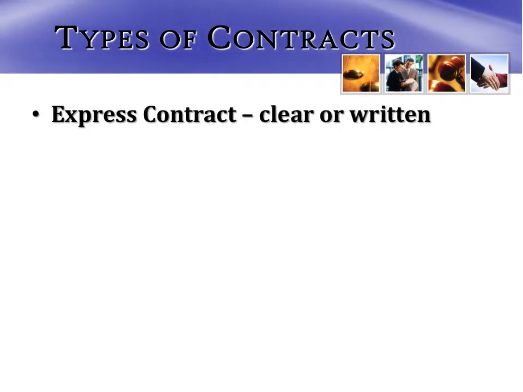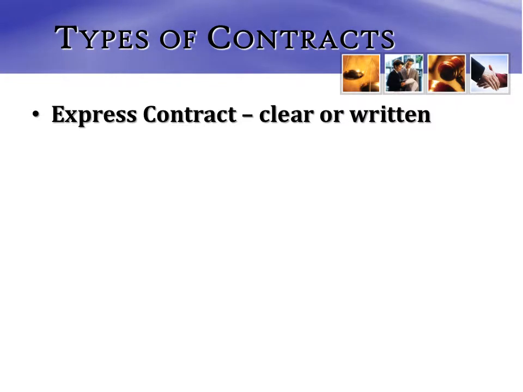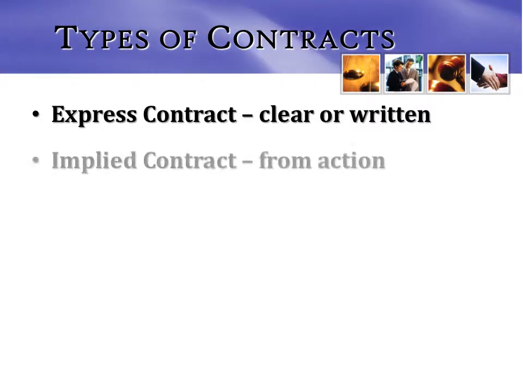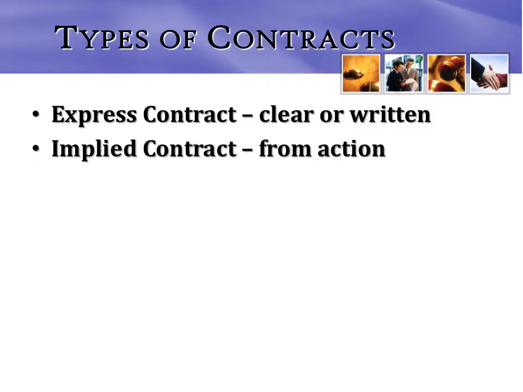Contracts then are of different types. Obviously, express contracts, meaning contracts you understand that are clearly manifest or in writing. So initially, I would argue that contracts do not have to be in writing to be enforceable. We'll find out later that certain contracts do. But an express contract is one that is clearly manifest, either written down or oral. And the legal obligations also manifest the express contract.